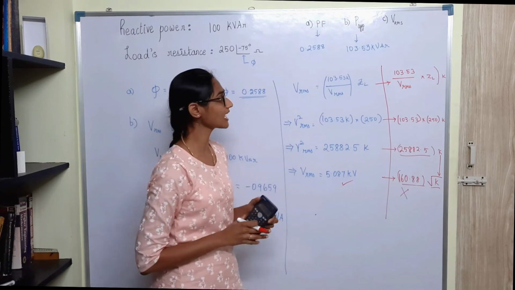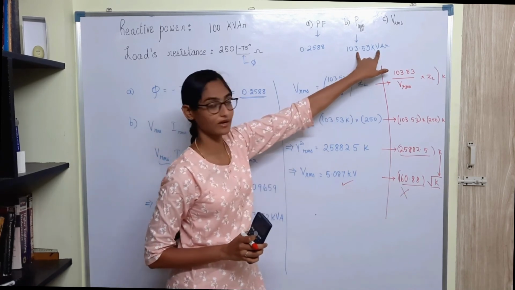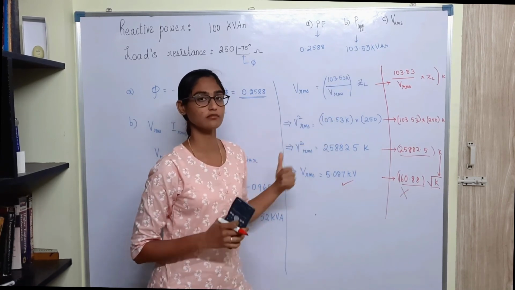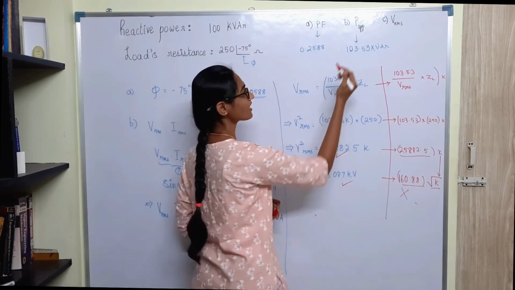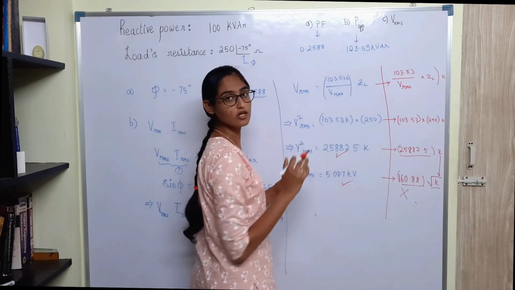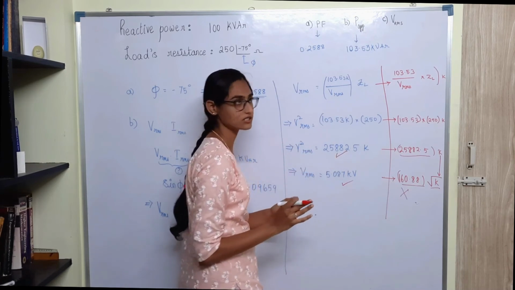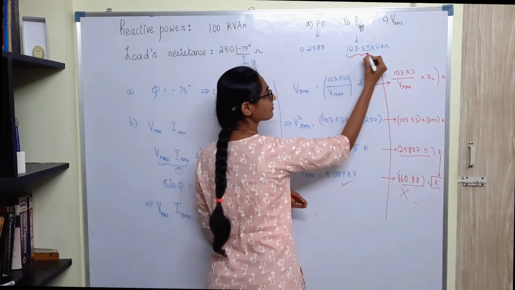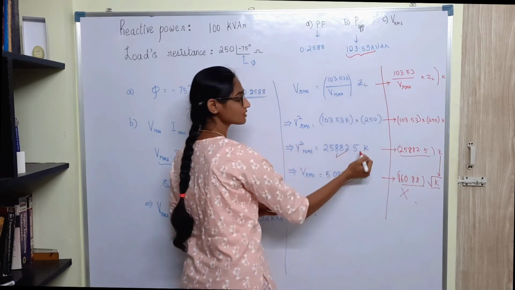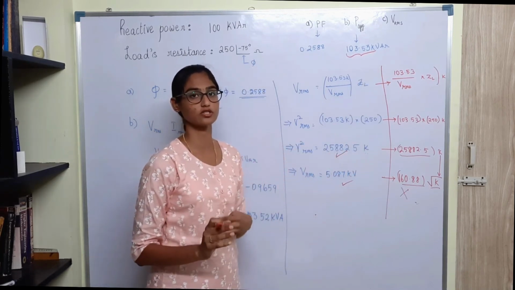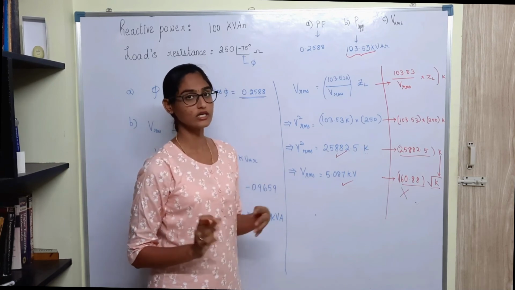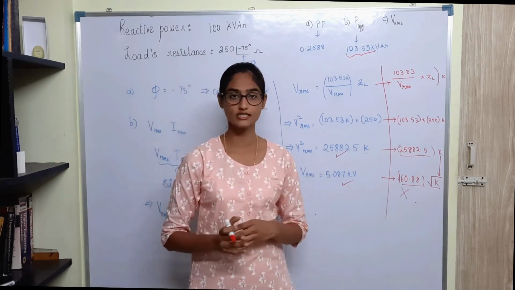So please take care whenever you are applying the apparent power in order to find some other quantity. It may be voltage or current or some other quantity. Whenever you are considering the value of apparent power in a calculation, you need to take this term as a whole so that you don't miss out the value of K when you are calculating the square or square root of a number. Okay, this problem is basically an easier one.